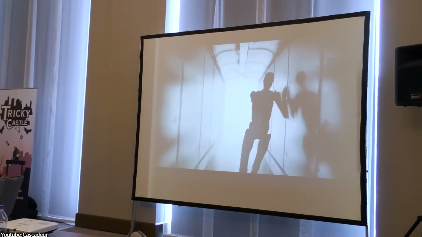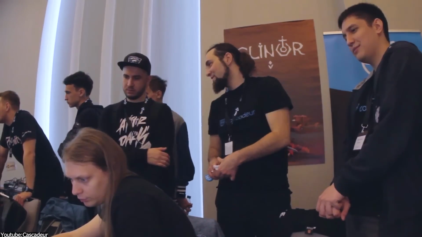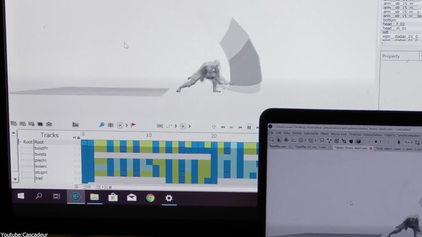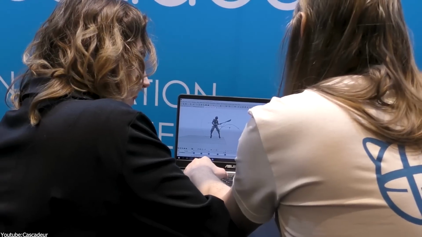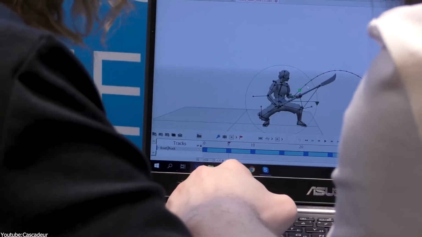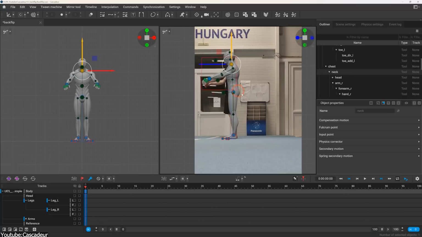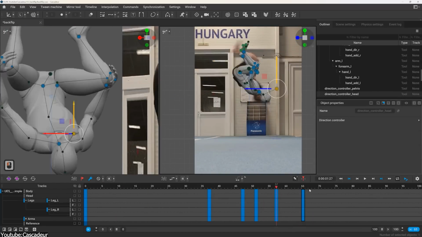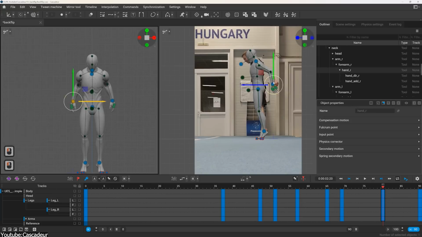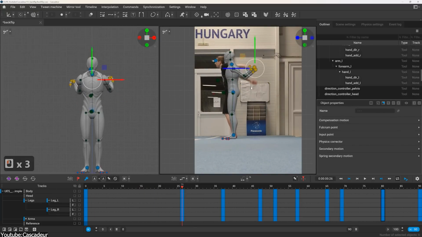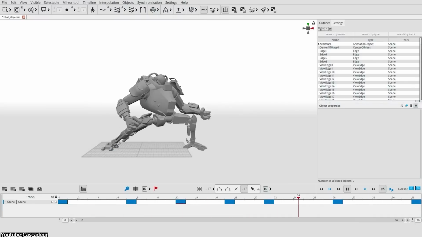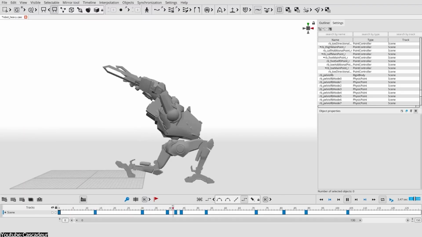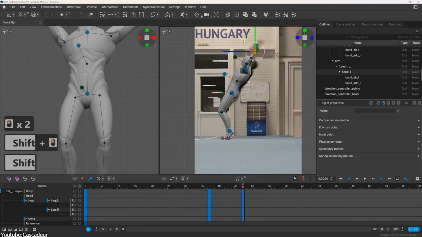The story of Cascadeur started over 18 years ago, which is surprising to many, when Evgeny Dyabin, the brain behind the idea and currently the co-founder and senior producer of Cascadeur, was trying to animate a simple character flip animation in one of the standard 3D software that we have right now. And to his surprise, he wasted a lot of time trying to find the center of mass, which seemed like a basic feature any 3D animation software should have, because he thought it would be the perfect pivot point for